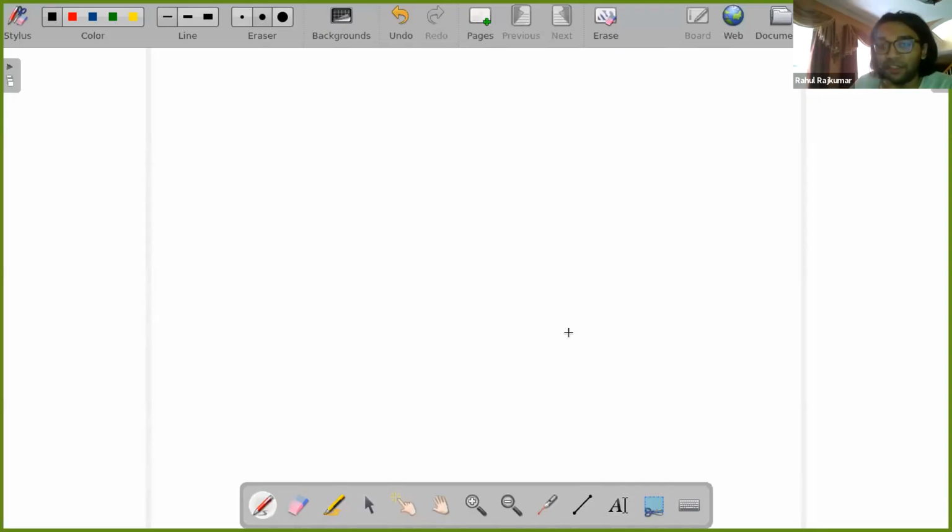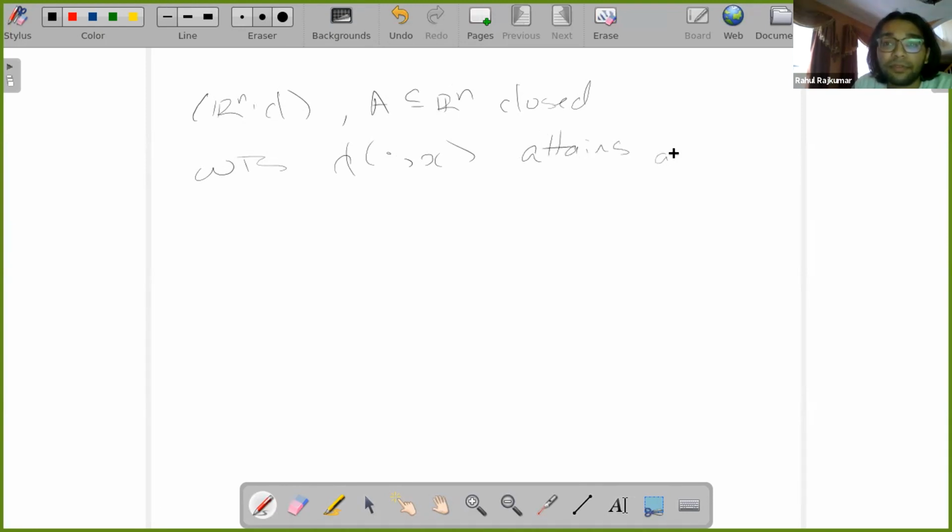Can everyone see my screen? Yes. Okay, so what we're given is that we have R^n, the metric space with the Euclidean norm, and we also have A in R^n is closed. And we want to show that the function distance from x attains a minimum on A